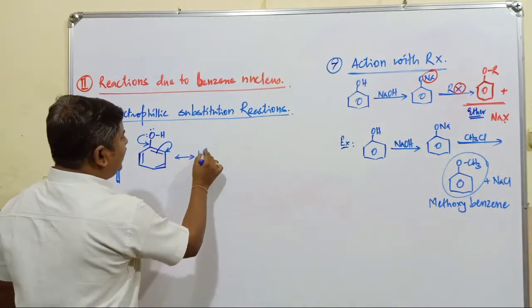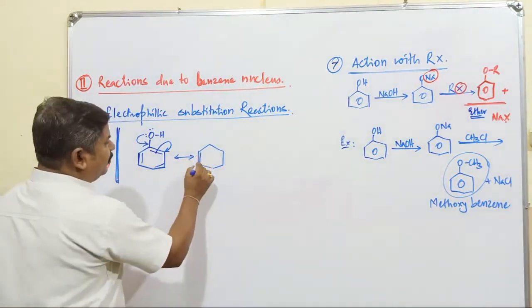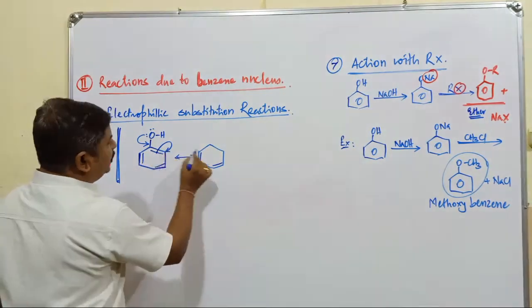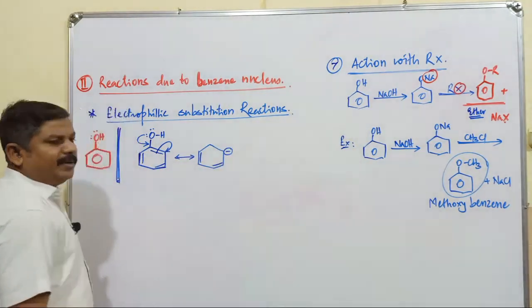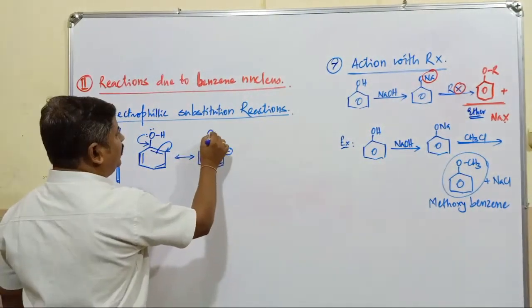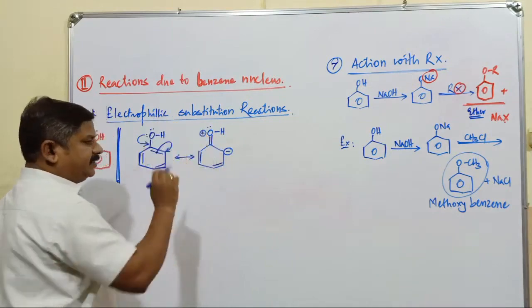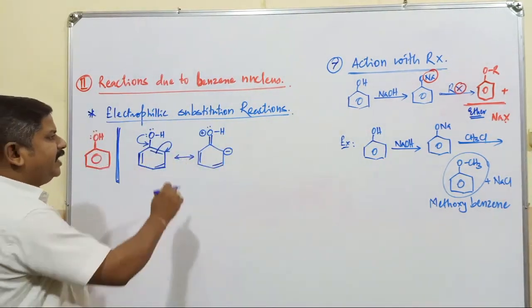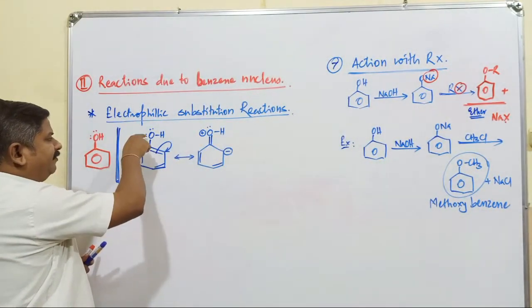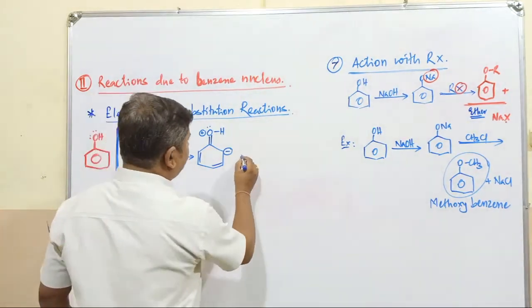What's the next resonating structure, students? Very simple, just follow me. This double bond is as it is, this double bond also as it is. When these double bonds are increasing electron density, this carbon atom carries a negative charge. Here carbon oxygen double bond, this is OH, this is the lone pair and positive charge. Tell me, why positive charge on that oxygen atom? It is mainly because of the use of its valence electron to form the carbon oxygen double bond.